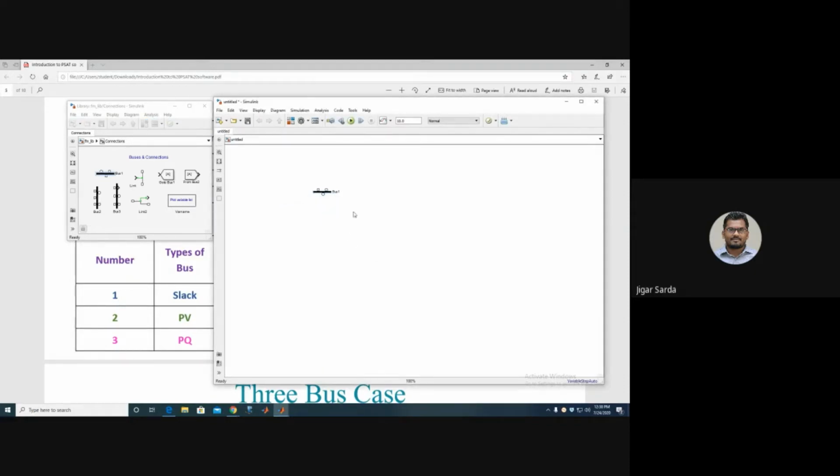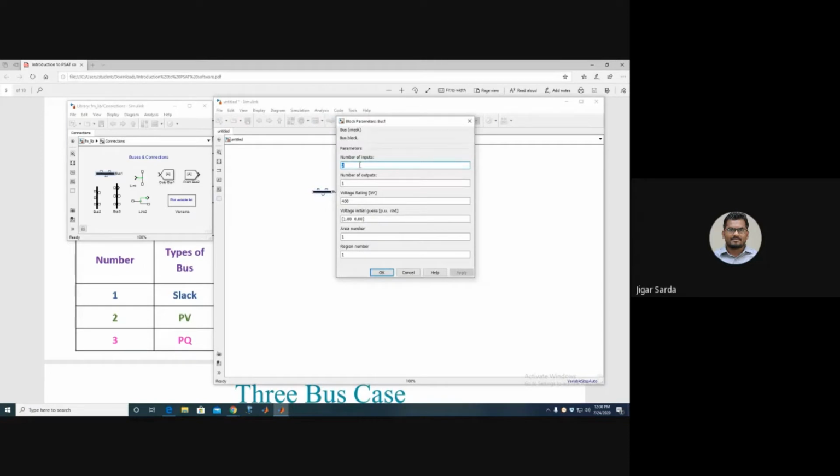Now you have to enter the parameters of this bus, therefore double click on this bus. You have to specify the number of inputs. In this case, there is one input and the number of outputs is 2, and it is 400 kV.